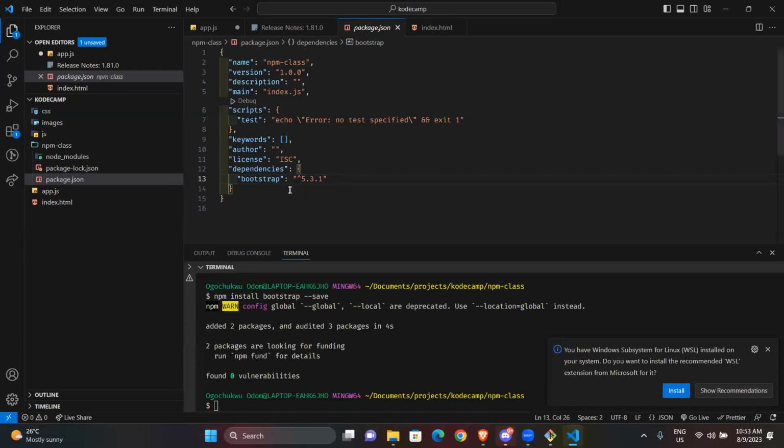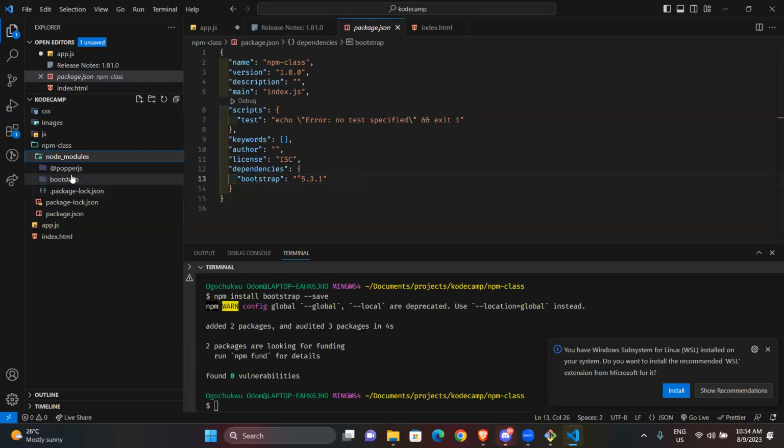Now, one thing with installing packages is that when you do npm install, you're installing a package. That package is registered in your dependencies. The package is linked to your project, so that it assists you to do whatever you need to do. It could be Swiper, it could be React Router, there are a whole lot of packages. Now when you install, it brings in this node modules folder.